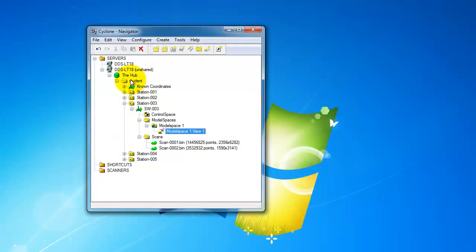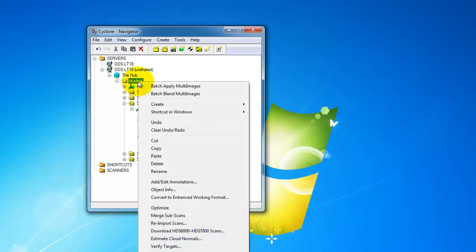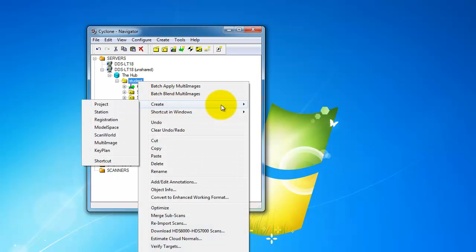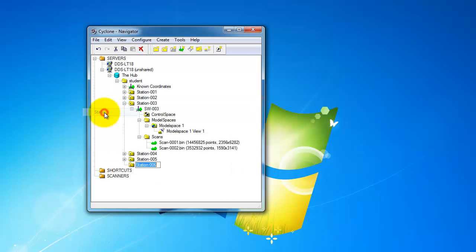So what we're going to do is try and separate out these 2 sets of scans into new scan stations that we're going to just create arbitrarily. If we right click on the project, we can create a new station, and you can see it's automatically increased the numbering. I actually want to give these slightly different numbering. I'm going to call this station 0031